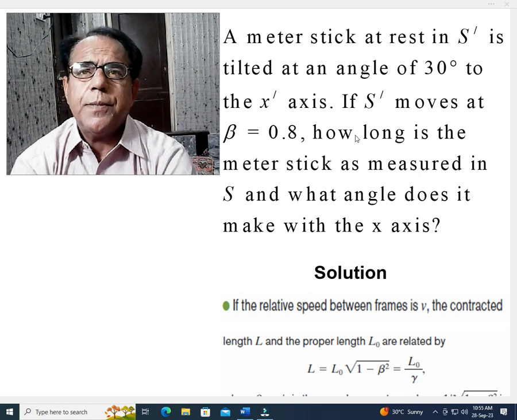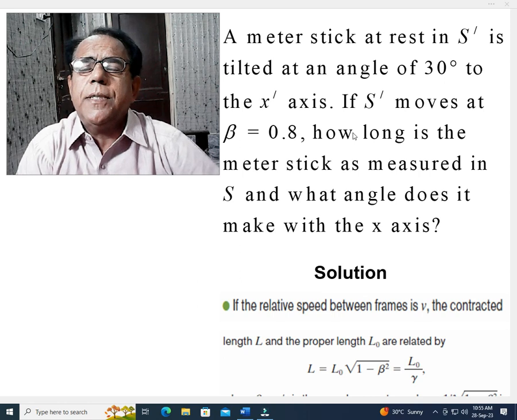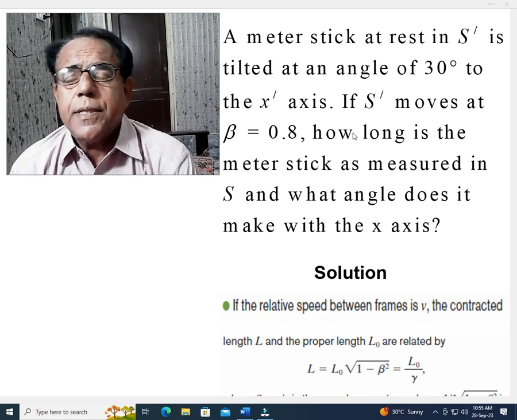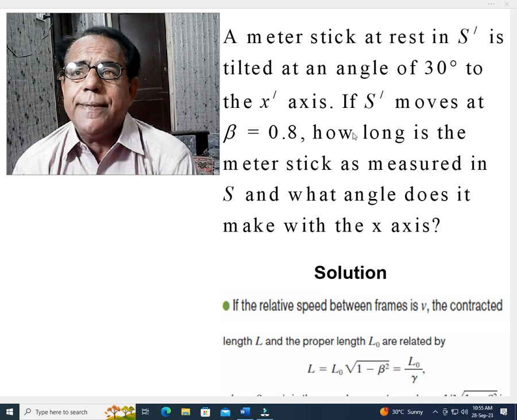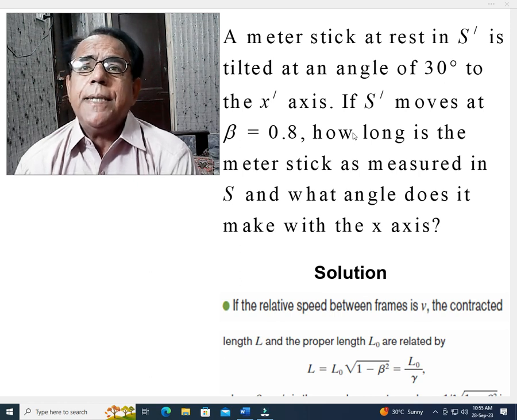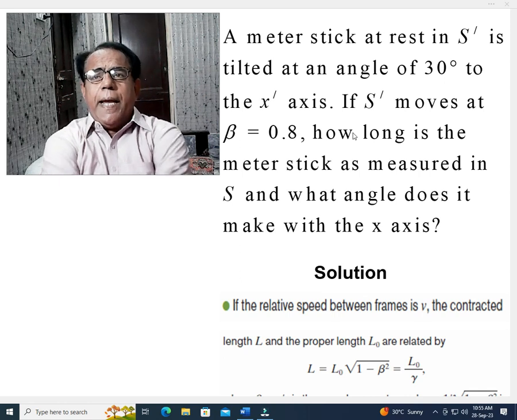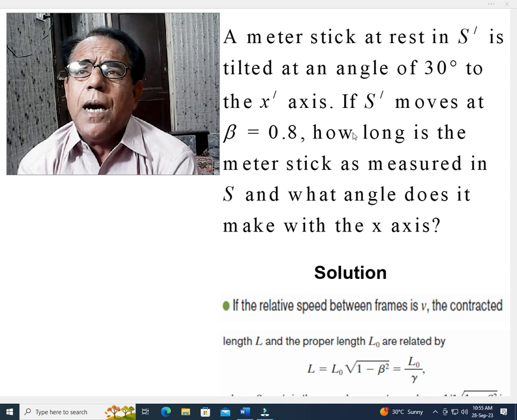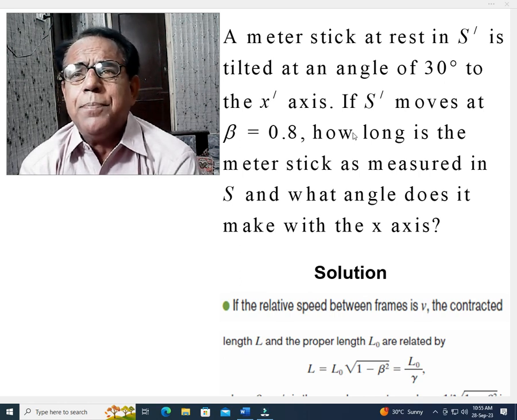This is our next problem, having been chosen from the book Modern Physics by Paul A. Tipler. As usual, we first come to its statement. A meter stick at rest in frame S dash. Meter stick meaning stick of length 1 meter. At rest meaning that ordinary laws of motion will be applicable here, because it is